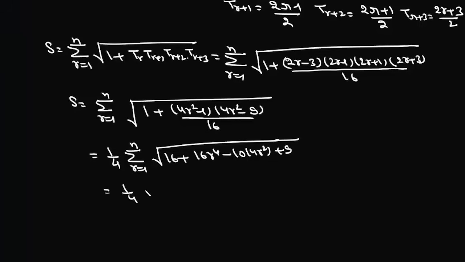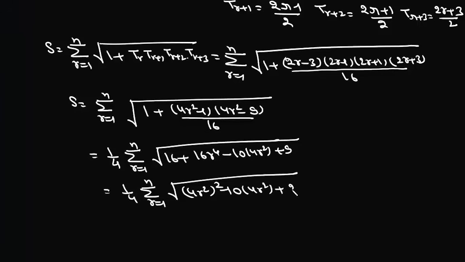Now this is 1 by 4 summation r varies from 1 to n of (4r square) whole square minus 10 into (4r square) plus 25. So this is a square plus b square minus 2ab, which is (a minus b) whole square. So it will be 1 by 4 and then summation r varies from 1 to n